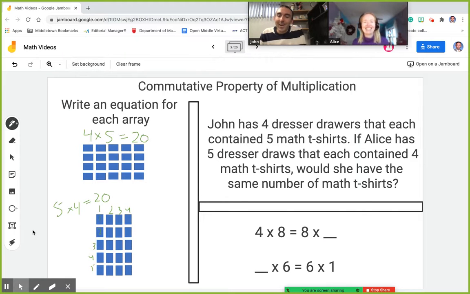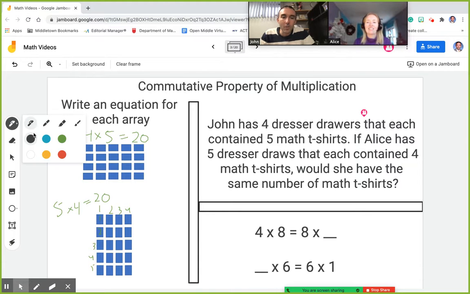If I have a dresser with 4 drawers, and each of those contains 5 math shirts, while you have a bigger dresser, you have 5 drawers, and each of them contains 4 math t-shirts. Would we both have the same number of t-shirts? And based on what you're saying, it looks like we would,